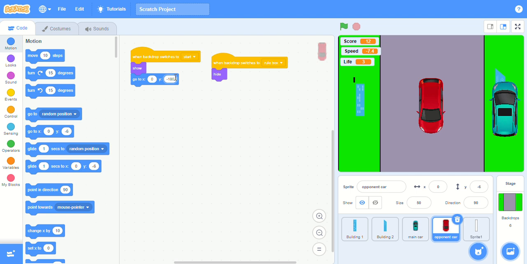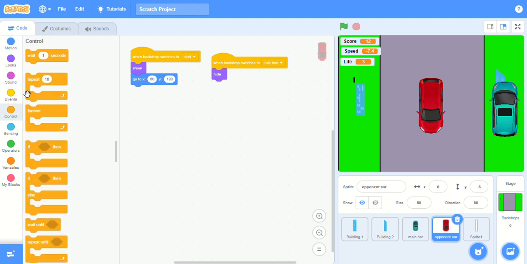Go to X, not minus 180, just only 180. Go to X 60 and Y 180, and then click on the forever block, wherever it is, forever block,